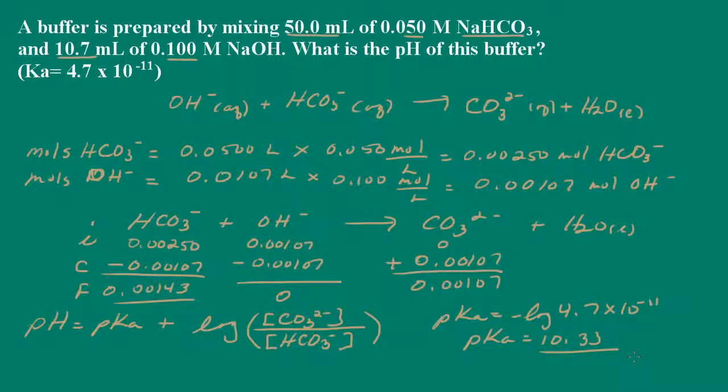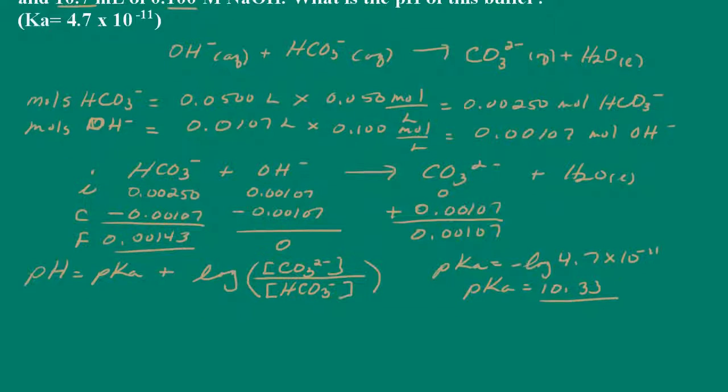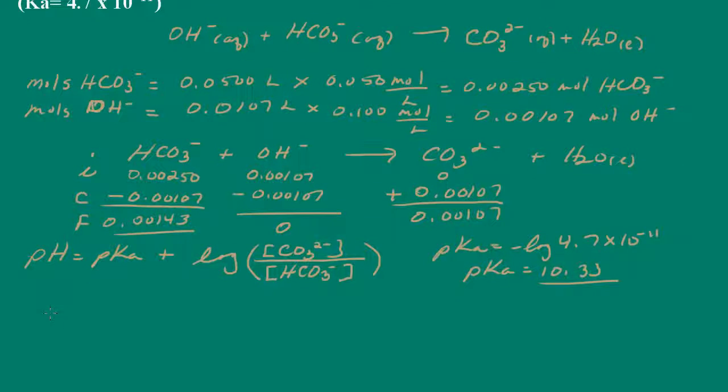So now I have all of the information that I need in order to determine the pH of this buffer solution after this strong base has been added. So our pH then is equal to 10.33 plus the log of the base-acid ratio. So here we have 0.00107 moles for the base and 0.00143